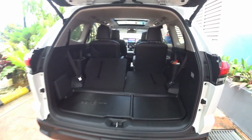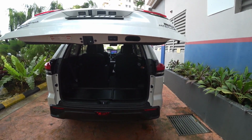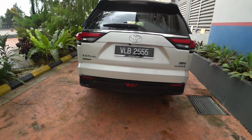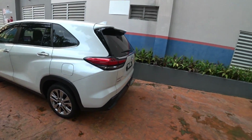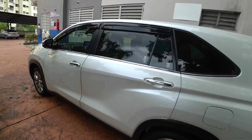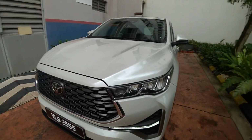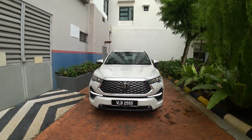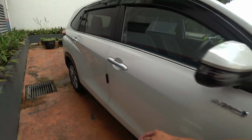So yep, this is the Innova Zenix. Looks alright. Looks good. Looks like a grown-up Aruz or something. It's a big car from outside. Looks alright. Looks like the Tiggo, right? But Tiggo inside is a